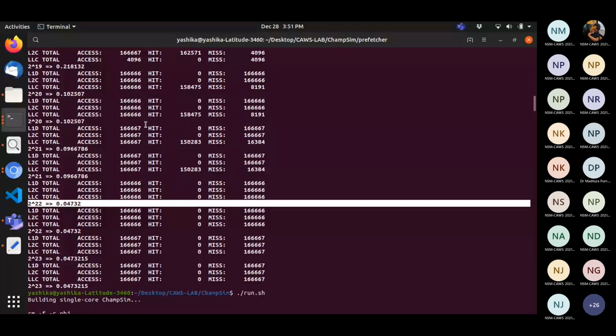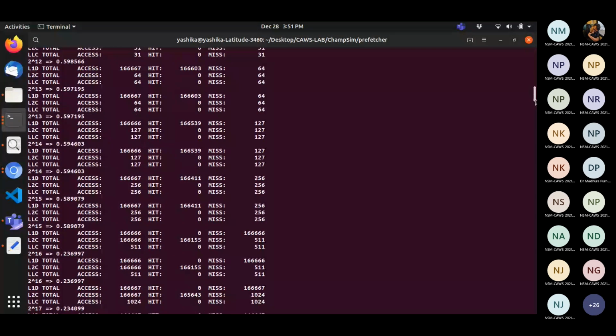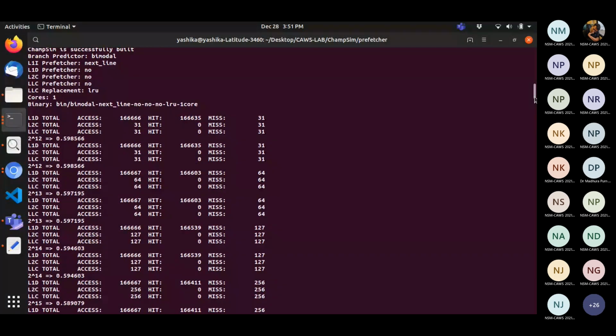So these drops the attendees must have observed in their results, and this signifies the sizes of the caches. Now, if someone is further interested in why we are getting these cache drops, I can give a little bit of a hint. This is actually coming from the number of distinct blocks that the array is accessing, and this has everything to do with the way the program is written.